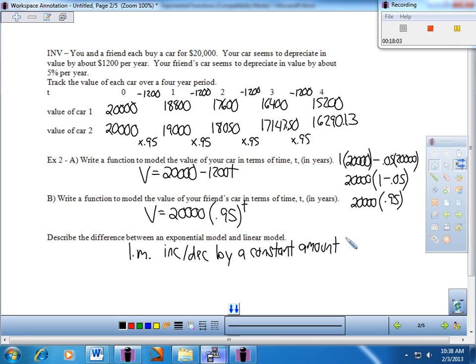So linear model increases or decreases by a constant amount. Something that is exponential does not go up or down by the same amount. Notice the value of the car is definitely changing when I keep multiplying these values by 0.95. Here it went down by 1,000, here it went down by 950, etc., etc. So it's not going down by the same amount when it's exponential,